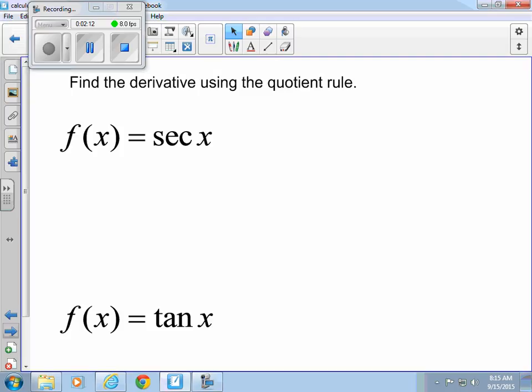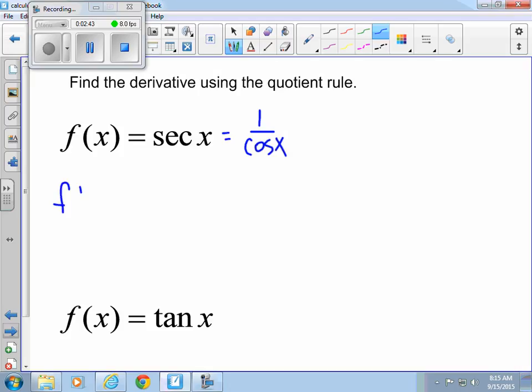So this was your bell ringer. I had you find these derivatives using the quotient rule. I told you the derivative of sine. I told you the derivative of cosine. And so we can use the quotient rule and some trig identities to find these two derivatives. Again, though, you can imagine secant and tangent are common enough. Those will be derivatives that we will just memorize. But for today's